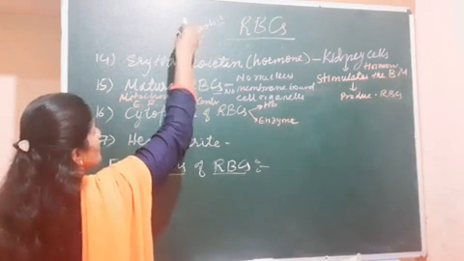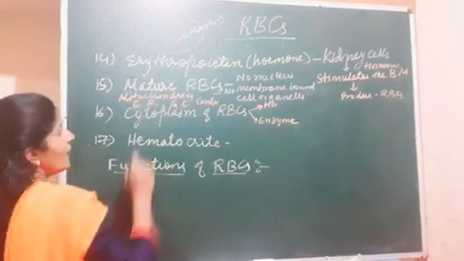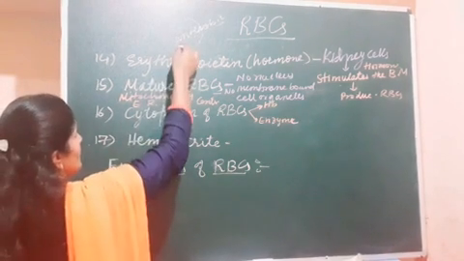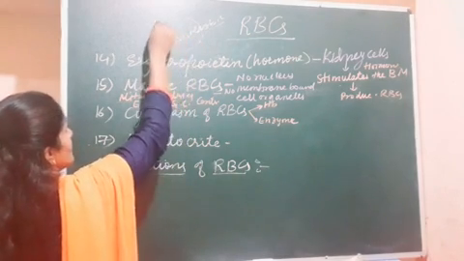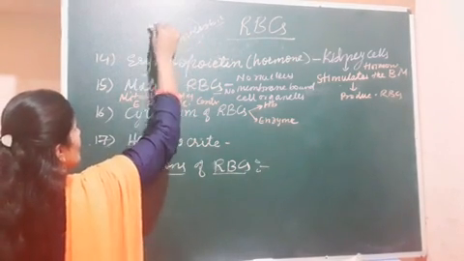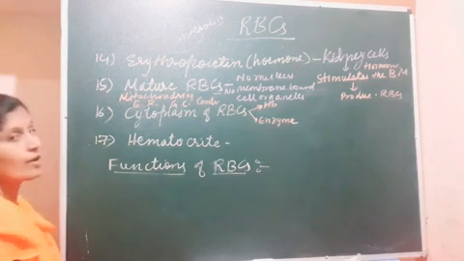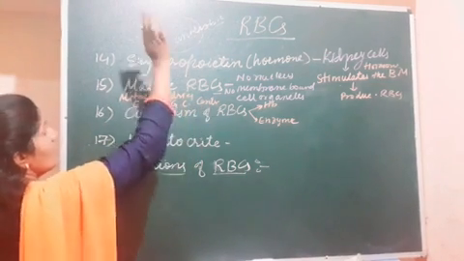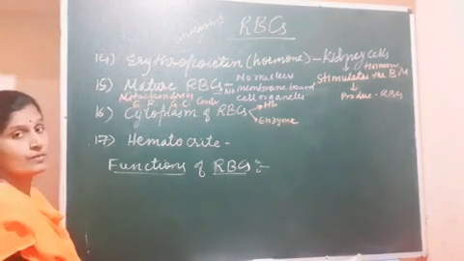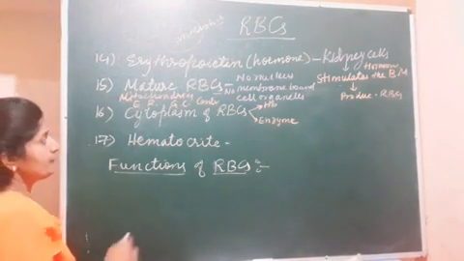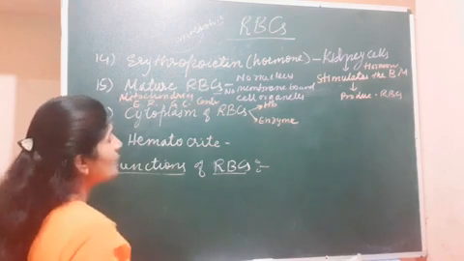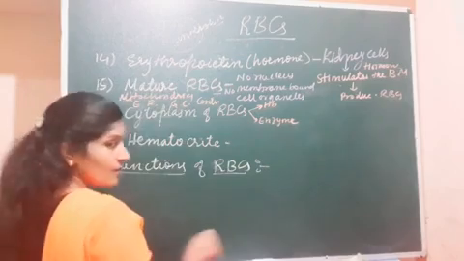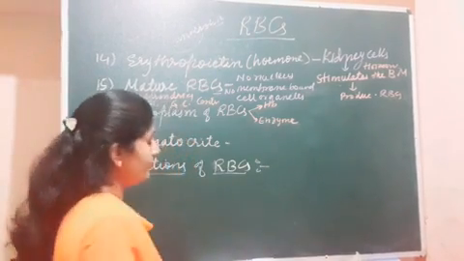And the framework provided by the endoplasmic reticulum is also absent here. And the nucleus is absent. That is why it gets the dumbbell shape, biconcave in shape. No cell organelles are present. Centriole is also absent, so no division of the cell takes place. Then the cytoplasm of RBC. In the cytoplasm of RBC, what do we find?